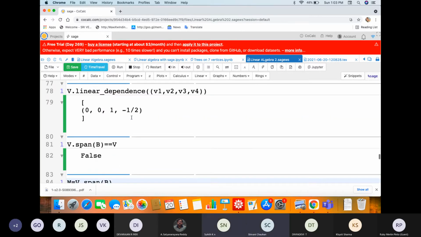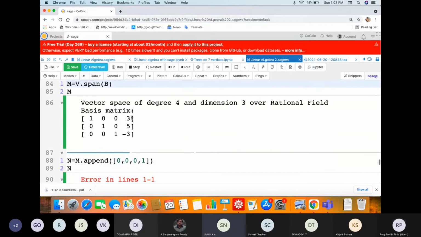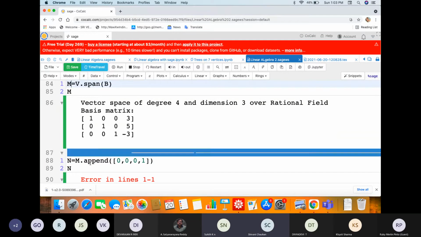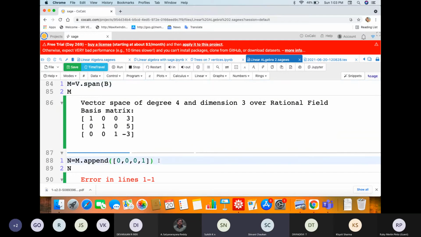Do you have an add row command for a matrix? Yeah, there is. So we can add. I think now we are adding a row to some matrix. So it is a matrix now, this M. If it is a matrix, then you can go ahead.